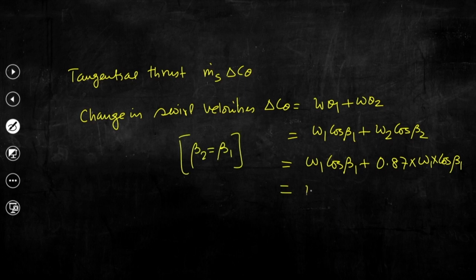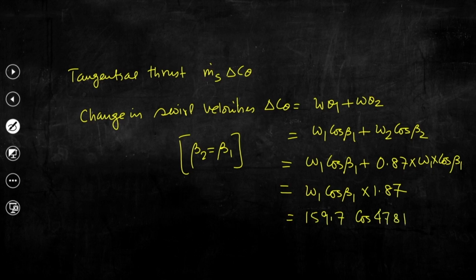So, we can write W1 cos beta 1 into 1.87. See, you have already calculated beta 1 and already calculated W1. So that way it is coming 159.7 into cos beta 1 equal to 47.81 into 1.87, and if we calculate it,